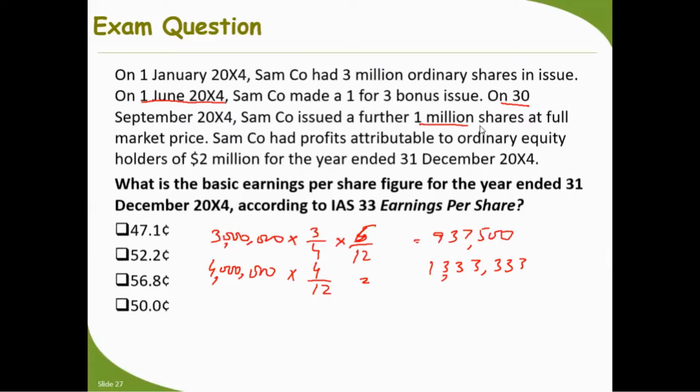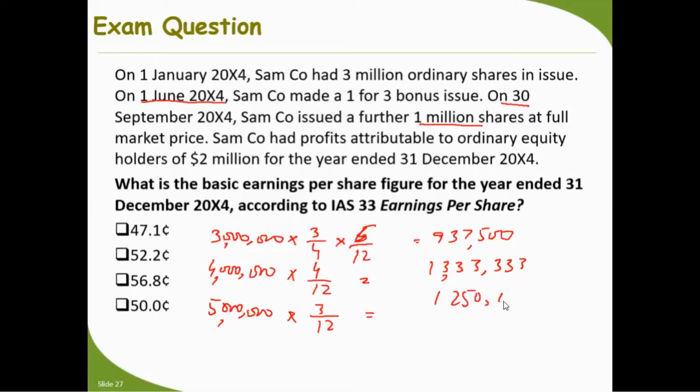Last one. Now we have 1 million shares at full market price. So in total 5 million, 4 million preceding and 1 million new, times the time fraction. From 30th September onward, October, November, December, 3 months, 3 by 12. So 3 plus 4 is 7, plus 5, it is 12 in total, complete. So 5 million times 3 divided by 12, that is divided by 4, is equal to